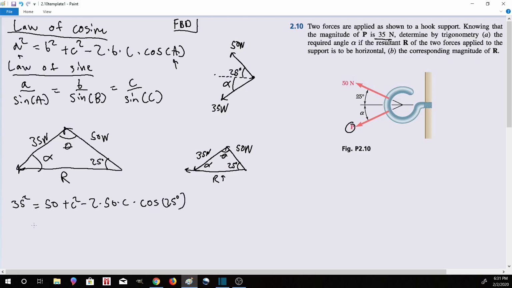And now we can just solve for this. Cosine of 25 is 0.91. 50 squared is 2,500 plus C squared minus 100 times C. And then 35 squared is 1,225. And then we can bring this to this side and we can simplify, and we'll end up with C squared